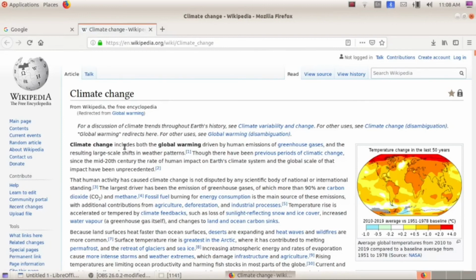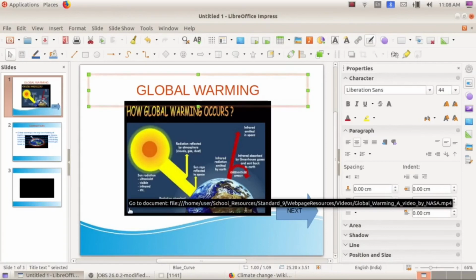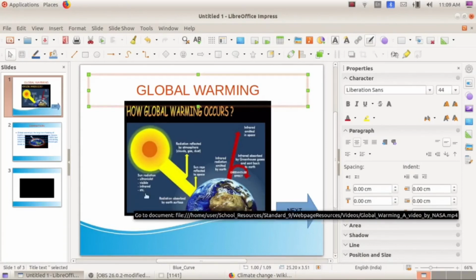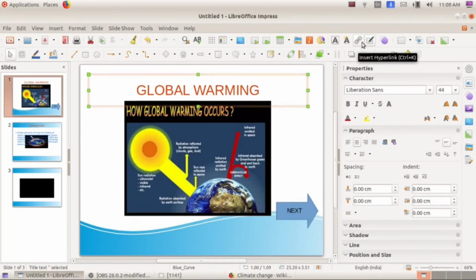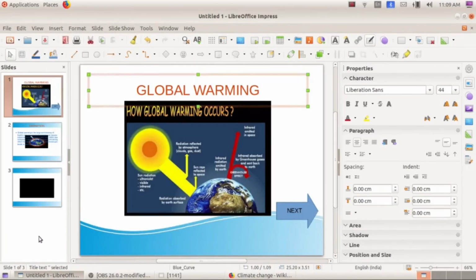So we can provide the corresponding URL. First you copy the URL from Google and after that paste it in that window, the URL box, so that when you click on that heading, you can see the corresponding page on the internet. So hope you are all clear about this activity, providing a hyperlink. Either you can select this symbol or go to the insert option, select the hyperlink option, and type the corresponding URL in the URL box. After that, press the control key on your keyboard and click on this title.